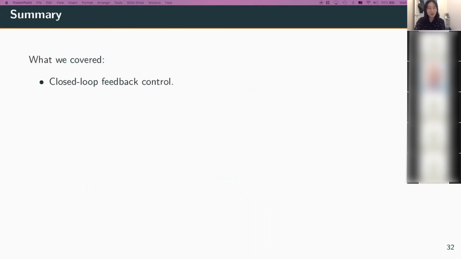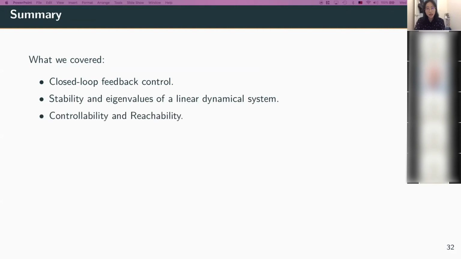Right, I think that's all I'm going to cover today. So to summarize what we have covered, we talked about closed loop feedback control and saw the general framework. We discussed stability and how to determine it from the eigenvalues of a linear dynamical system. And we talked about controllability and reachability and their equivalences through the Cayley-Hamilton theorem. And then we finally touched upon the linear quadratic regulator, which is the optimal full state control for a linear